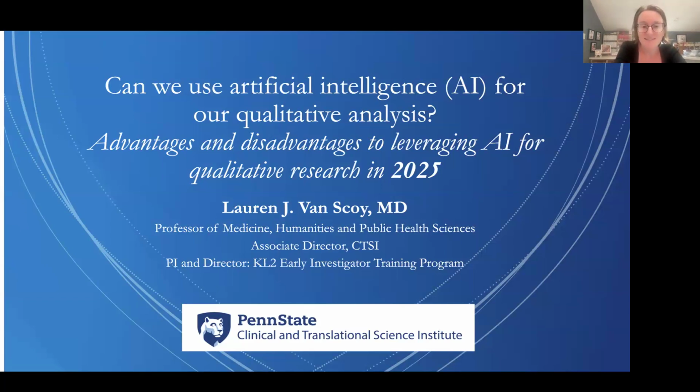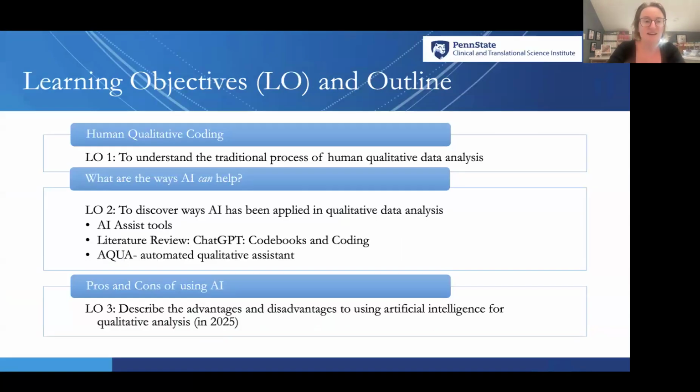So this talk, it's funny, I was thinking about this last night and I was like, I need to perfect this talk and I need to get images. It needs to be a really good talk. But then I thought, you know what, this talk is going to be obsolete in about 3 months. So I think that's really important to keep in mind, particularly for those of you that may view this on the web, like in a year from now. I know that our CTSI YouTube channel gets a lot of hits. So I wanted to emphasize that this is what we know now from the literature review that I have done. And this is all rapidly changing, as we know, in the Wild West world of AI, which is very exciting.